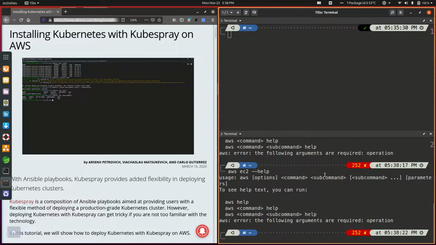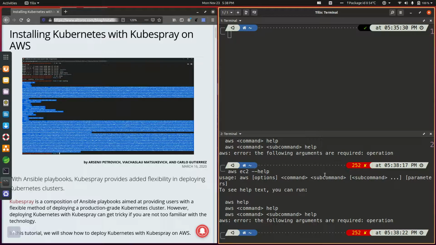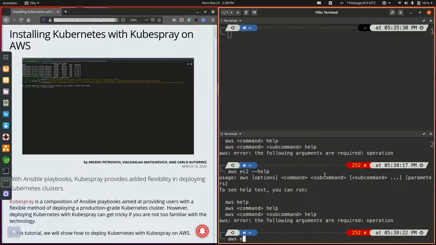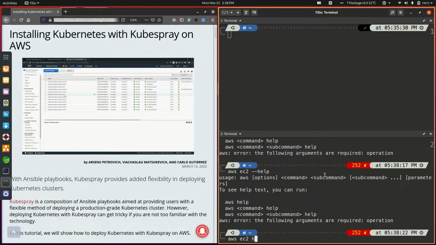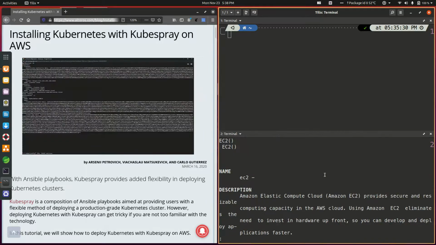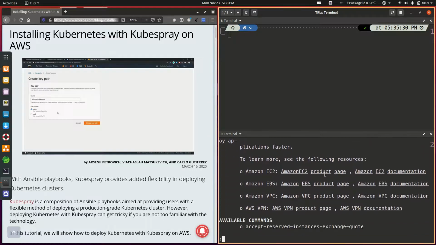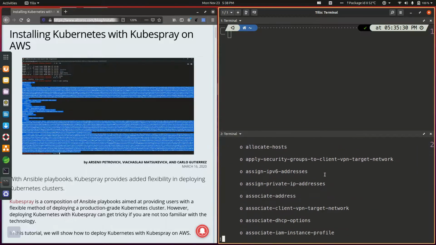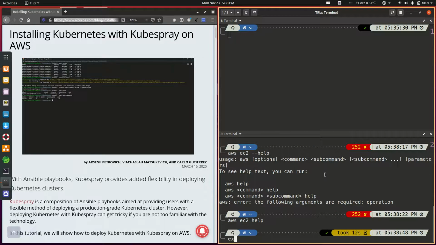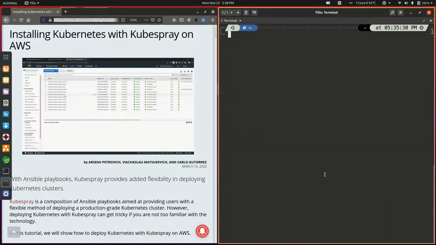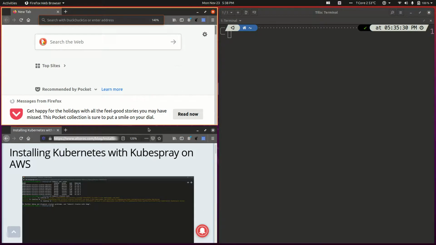Let's see if I have any... Okay, I guess instead of using this CLI environment, I will use another Firefox window to open my AWS console in here. Here it is.